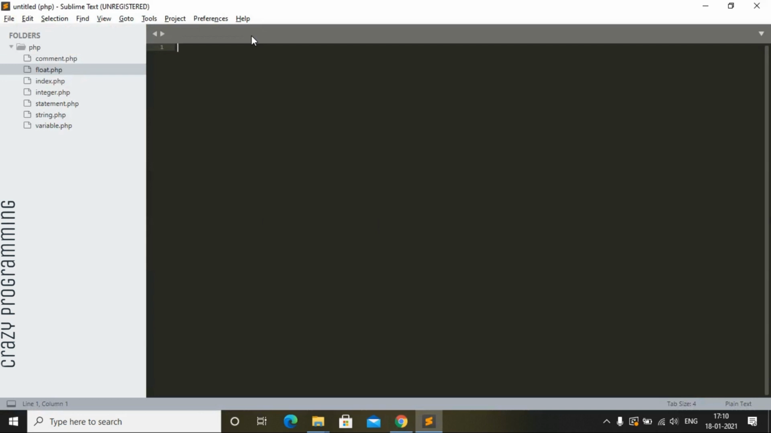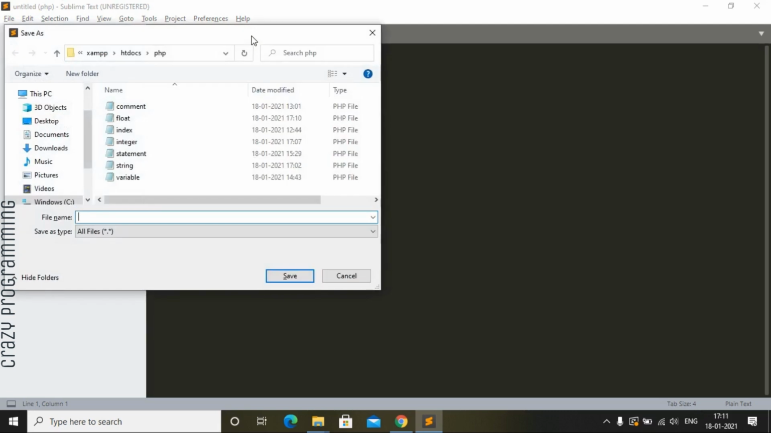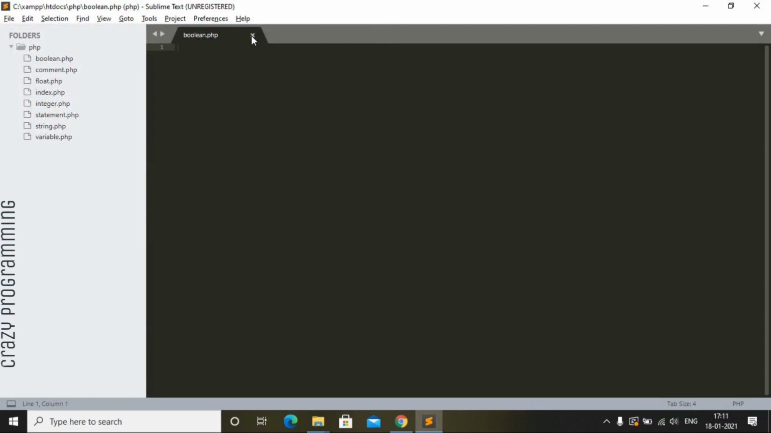Let's create a new file for the Boolean, save the file, everything will be the same, boolean.php, and then we will create a file, or I will create it like this. Okay,